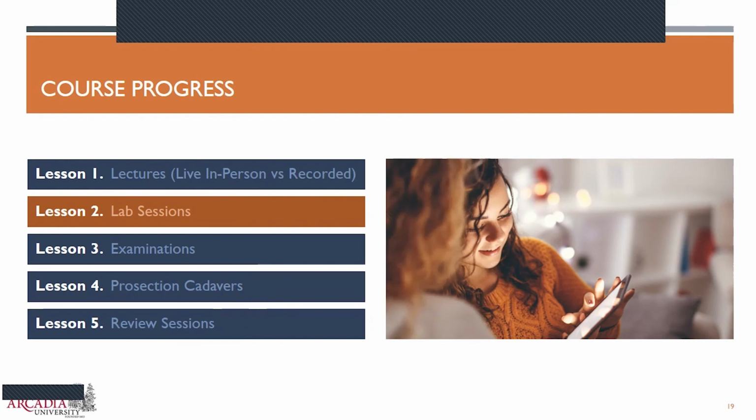And we would actually review on the prosected cadavers the various structures in the various regions that we had already reviewed on an Anatomage table during those reverse lab